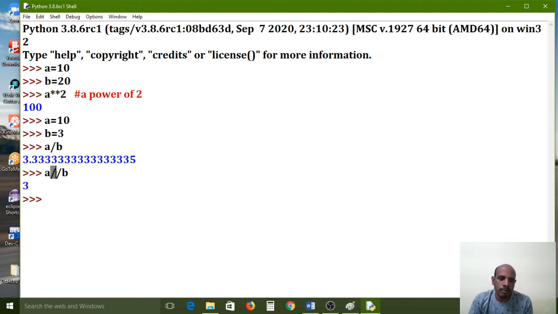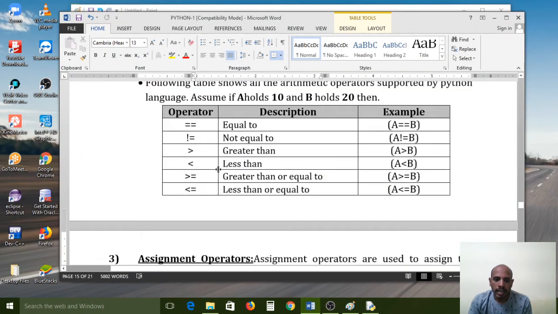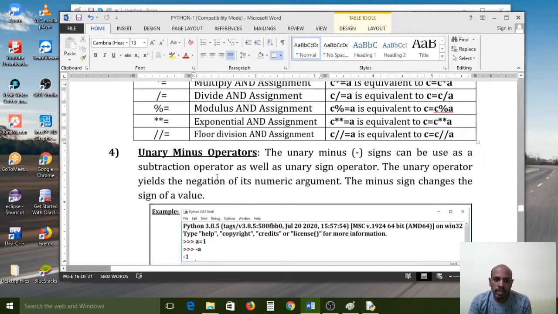This operator is pronounced floor division. This is exponential. The star symbol used a single time is called multiplication, but if you use it double times, it is called the exponential value. It is the power of the base value: A is the base value and 2 is the power value. Now understand, na? Like that we can use it in the Python programming language. Relational operators are also completed, assignment operators also completed.